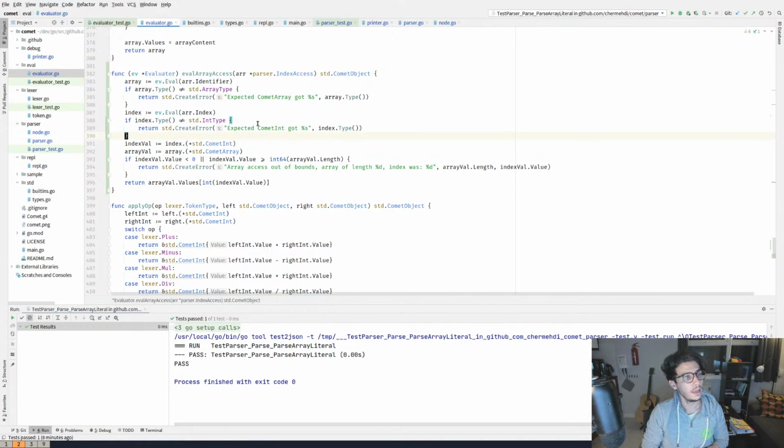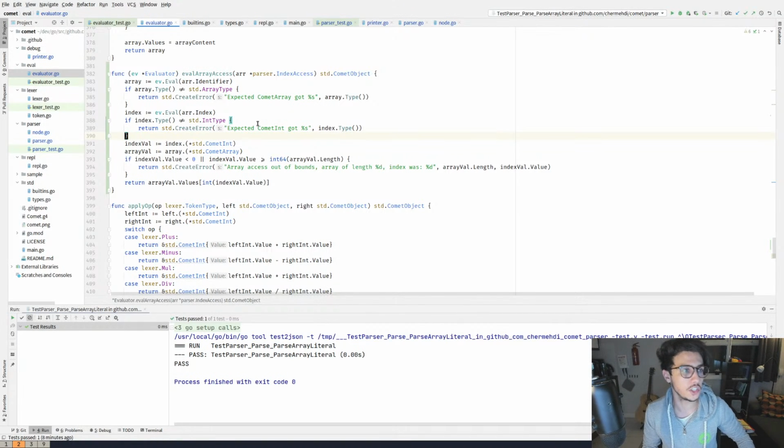Cool. Ultimate, I'm sorry to interrupt, but why do you need casting when you already know the type of array val and index val? Does eval return a specific type other than the actual? Good question. No, it doesn't. The short answer is that the evaluator's eval function returns a comet object. I always need to check for the type when returning from an eval, because eval can return anything, right?